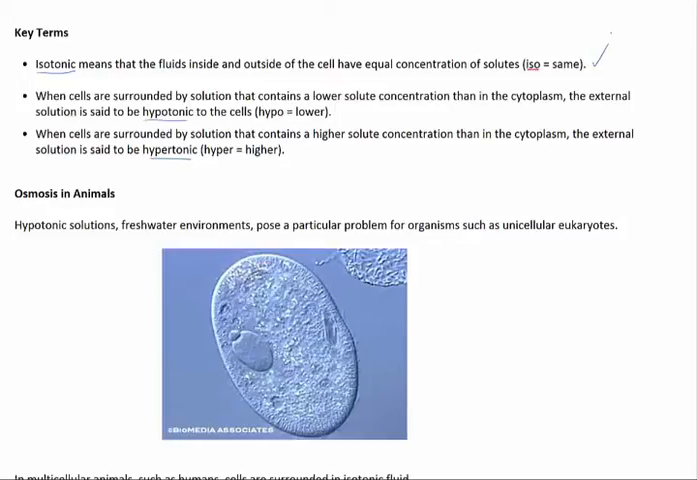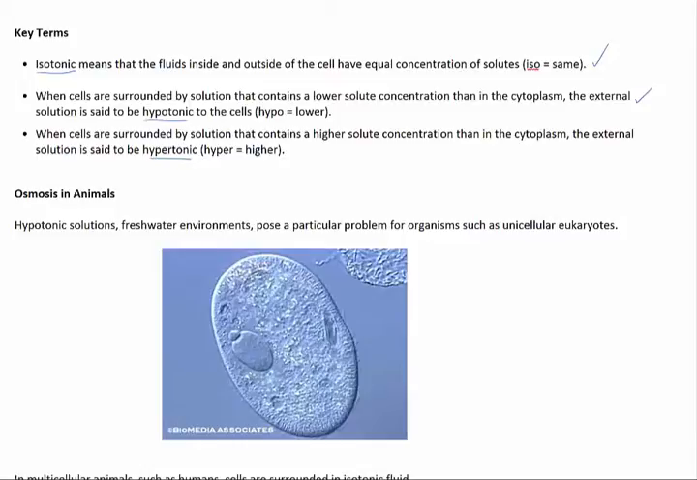When cells are surrounded by a solution that contains a lower solute concentration than in the cytoplasm, the external solution is said to be hypotonic to the cells. Hypo equals lower. In this case, water molecules will diffuse through the membrane into the cell because it is moving